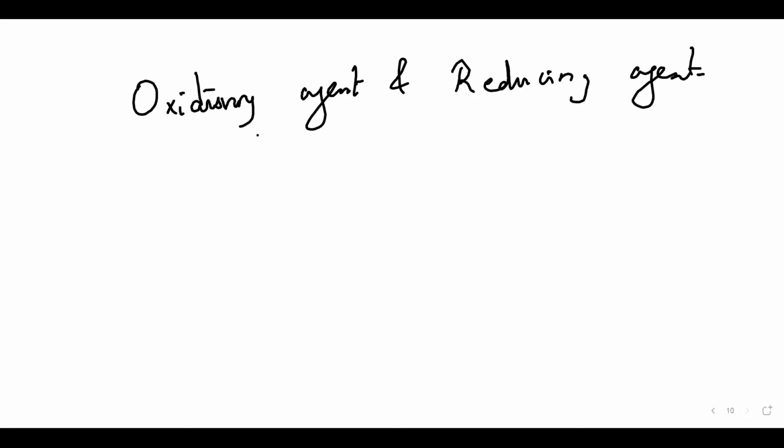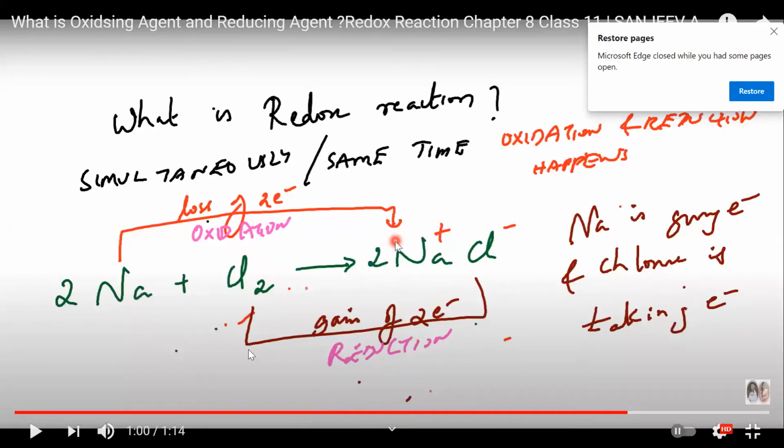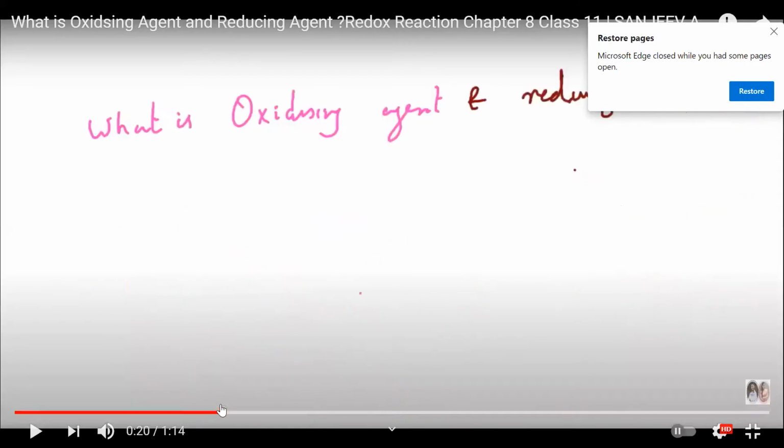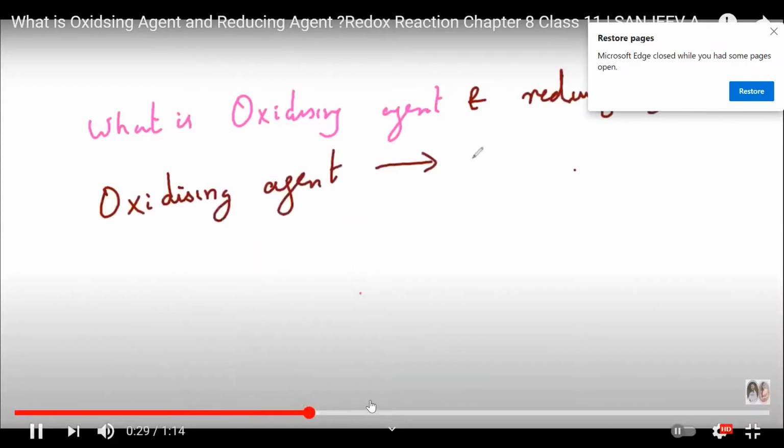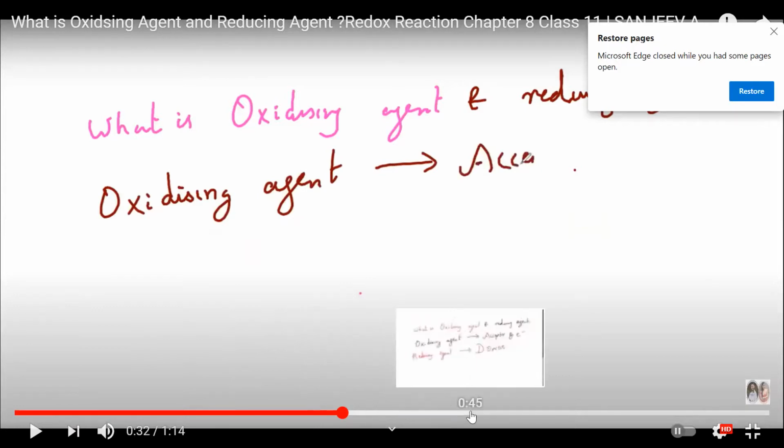So if we want to know what is oxidizing agent or reducing agent, oxidizing agent, as Rishabh pointed out, is the one which accepts the electron. But what about my reducing agent? The one which gives. So whichever is giving, for example, if I take sodium chloride here,